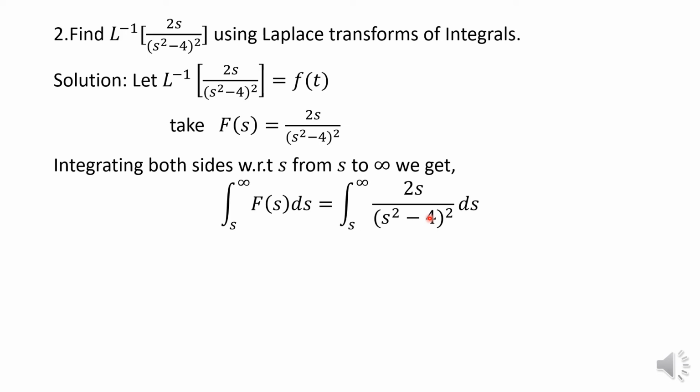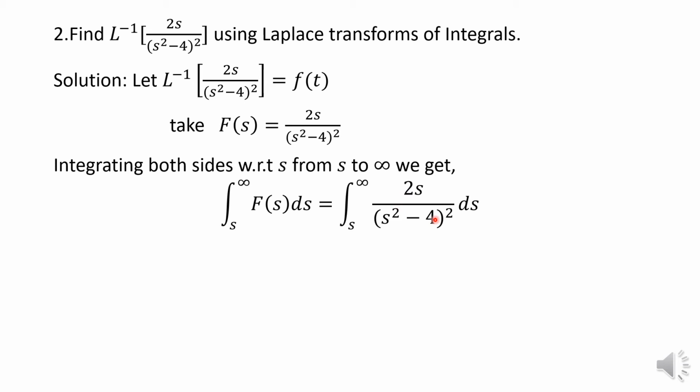On differentiating that you will get 2s ds is equal to dt. Therefore in place of 2s ds we can write dt, and in place of s square minus 4 we can write t. So the integrand now becomes dt by t square,